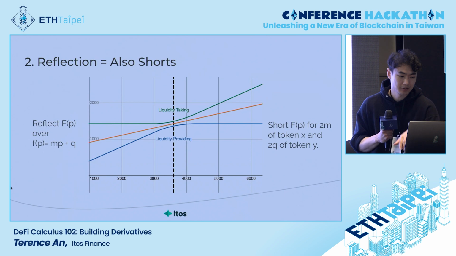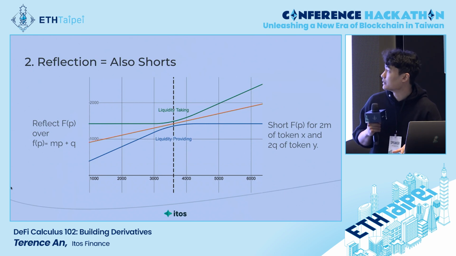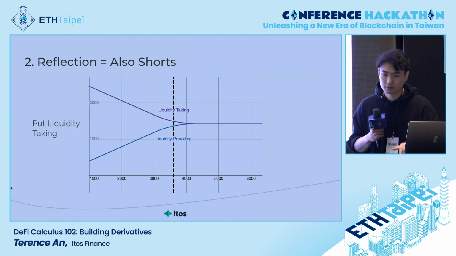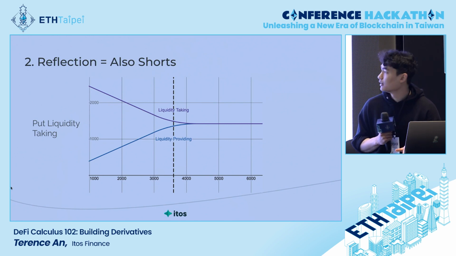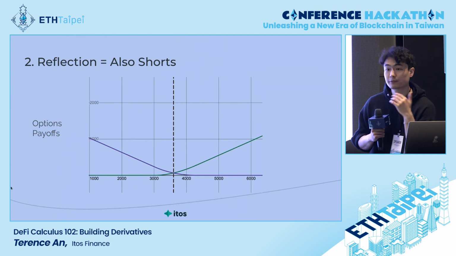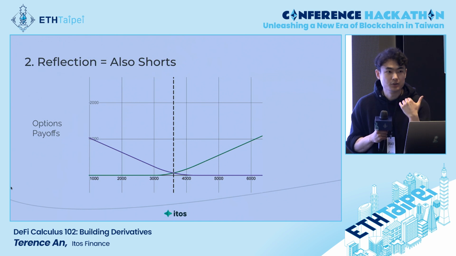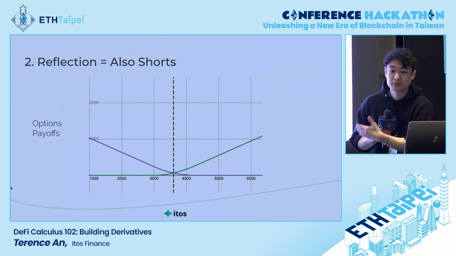This is fantastic. And it doesn't have to be that line in the middle. You can use different lines, and so maybe you want something with more of a negative exposure. And with all of these, there is some floor value, so why don't we just subtract that floor value, add in some more capital efficiency, and voila, we suddenly have these options payoffs. And so we've already arrived at a pretty big step. You don't need SSOVs, you don't need off-chain underwriters, you don't need a limit order book to create options in DeFi. You just have to do a bit of math, and boom, you have your option payoff.